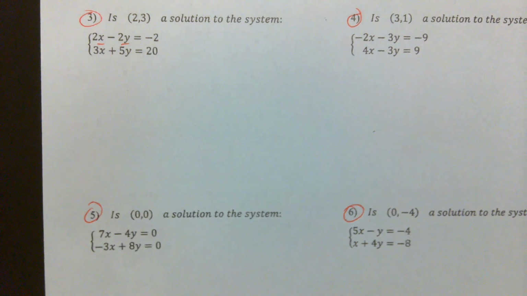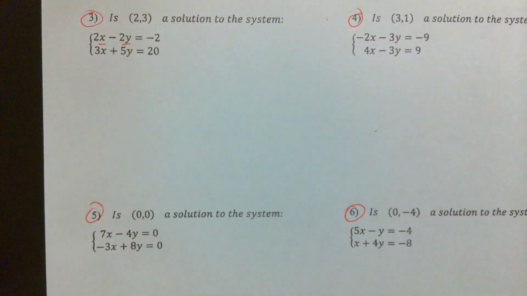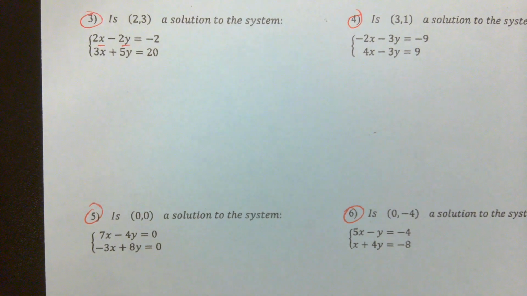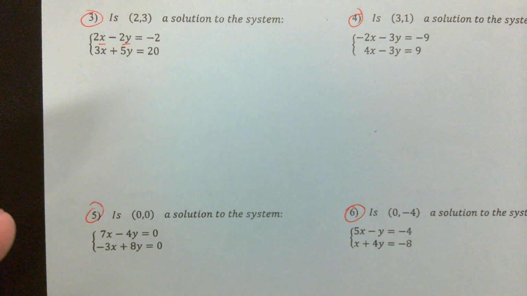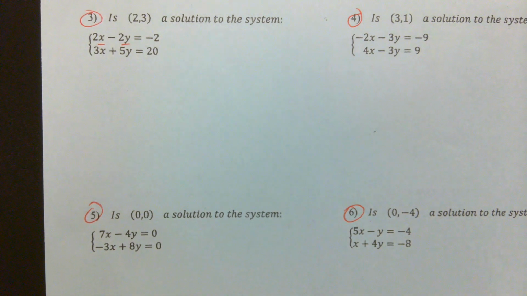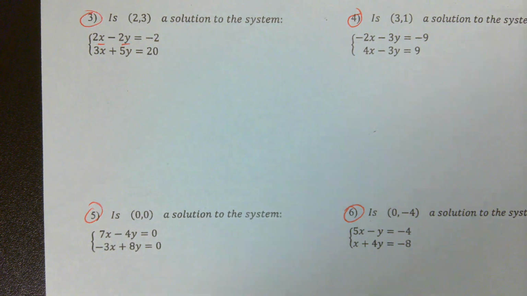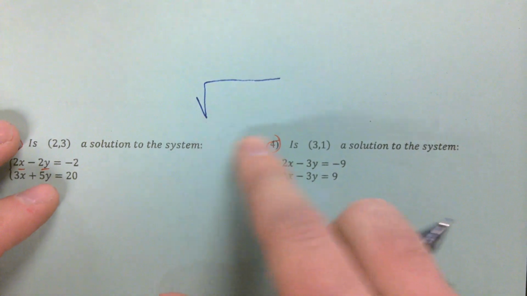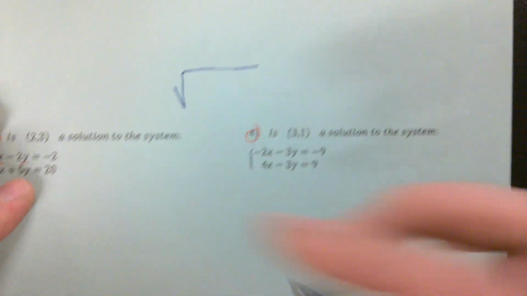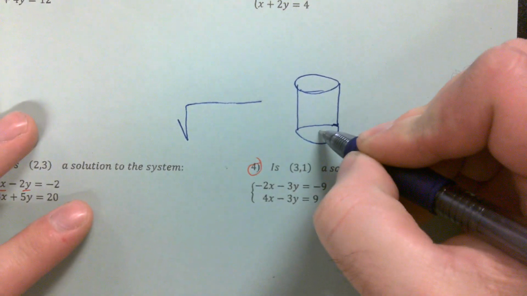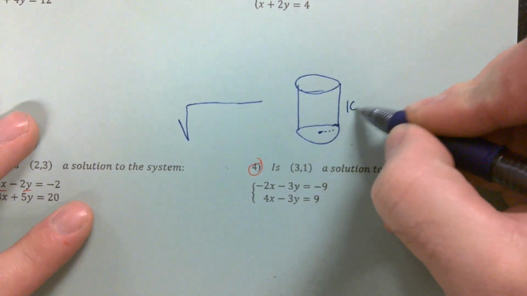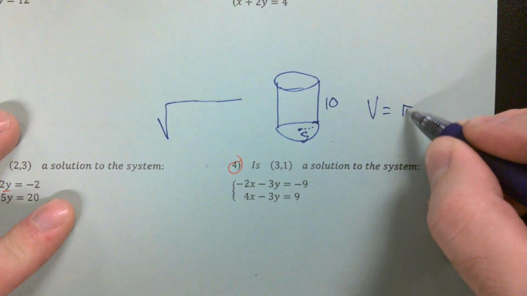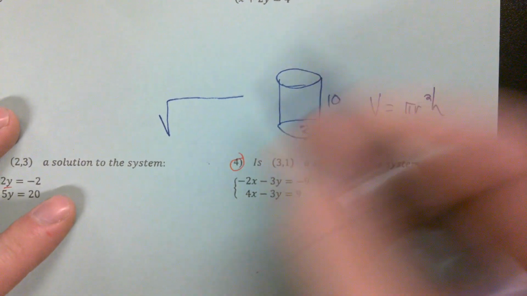If it makes you feel any better, if you struggled with the math section, that's understandable. A lot of the stuff in that math section is things that you'll learn this school year. Like volume of a cylinder, that's on our docket. Square roots, they look like this, this little symbol here. We're going to spend 3-4 weeks on this. If you have a cylinder with a height of 10 and a radius of 5, you can find the volume. It's going to be pi r squared h, something like that. We're going to learn all about that.